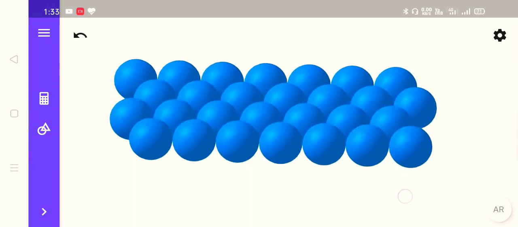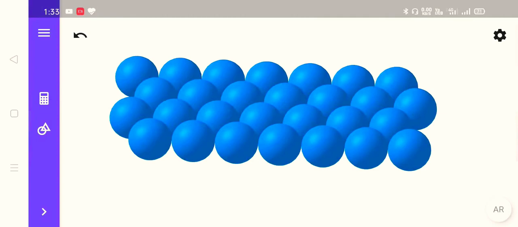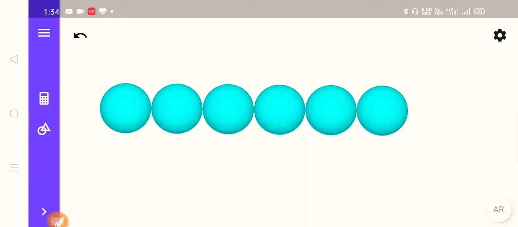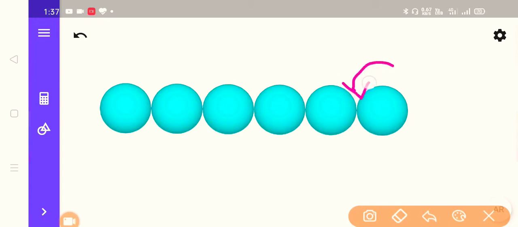That means we will arrange the second layer's spheres inside the depression of the first layer's spheres. Now first of all, what is a depression? A depression is a part of a surface which is lower than the rest. That means for these spheres, this will be the depression. When two spheres meet each other, you will notice there is some depression near them.